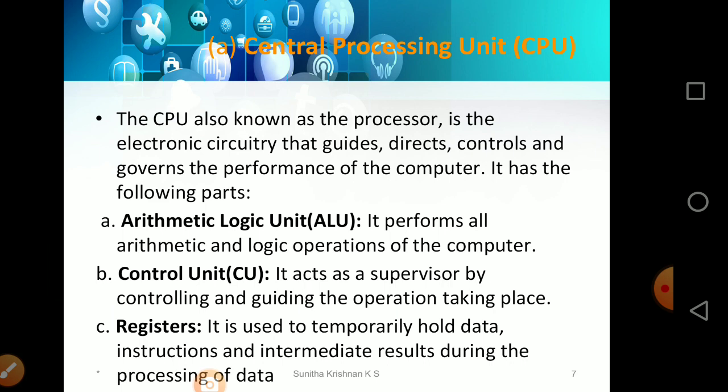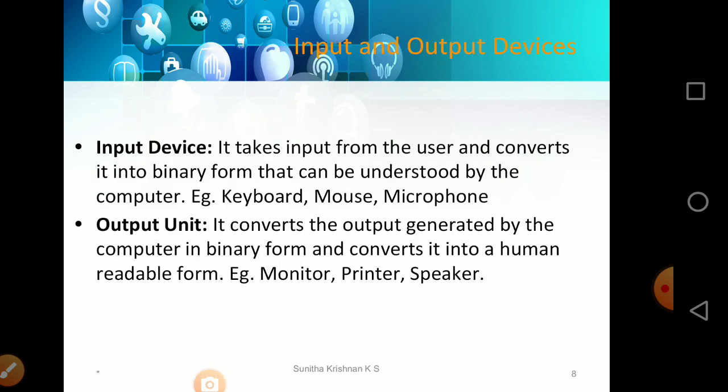So even during the execution, to store the intermediate results, it can use the register. So these constitute the central processing unit. Now coming to the input and output devices, all are familiar with what input devices are. The devices through which we give data to the computer are known as input devices. For example, even now I am using an input device to talk to you, that is the mic. The sound that I'm speaking is captured by the mic in my phone. So that constitutes an input device.